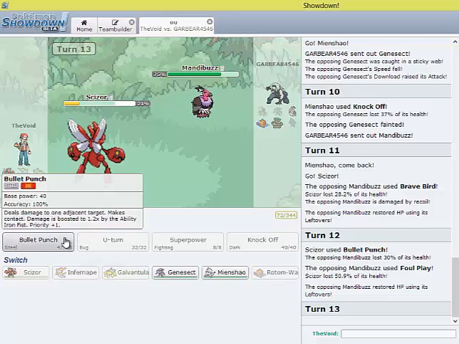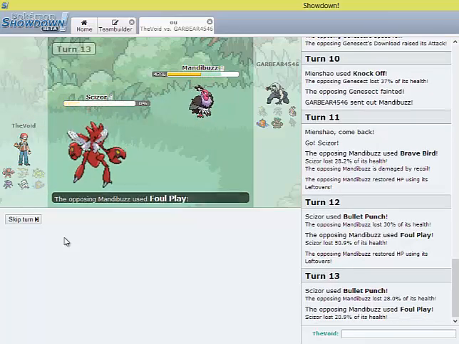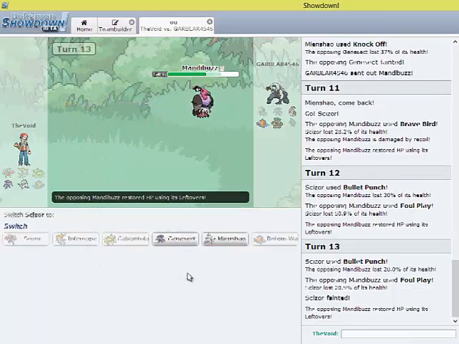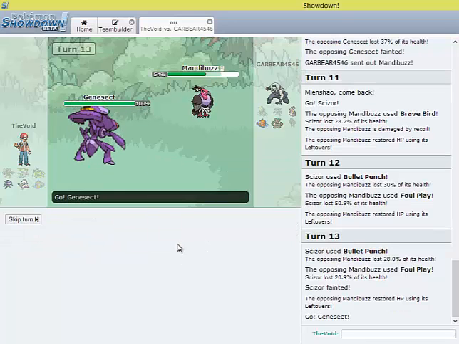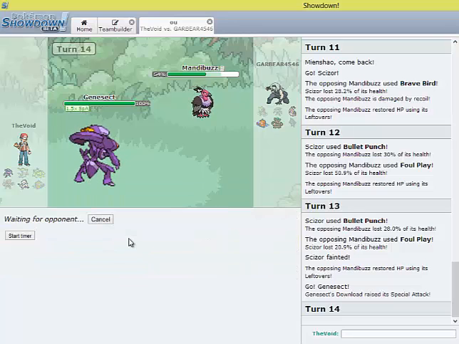Oh well. So he just Foul Played me. Not really a big deal. I'm pretty much just sacrificing Scizor at this point. Because now I pretty much got it. Yeah, I got the Special Attack raise, so I got this one. And that was really weird. I guess now the sounds are starting to work, but...